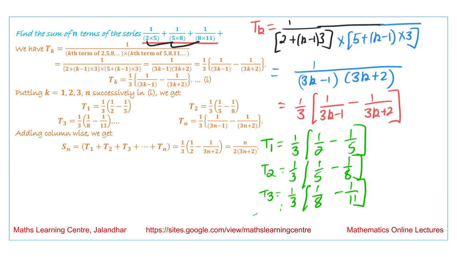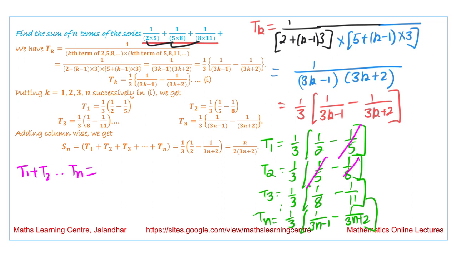And the value of tn is 1 by 3 into 1 by 3n minus 1 minus 1 by 3n plus 2. Now suppose we add all these values, t1 plus t2 and so on up to tn. What we obtain: 1 by 5 gets cancelled, 1 by 8 gets cancelled, likewise all these terms will get cancelled, and we are left with 1 by 3 into 1 by 2 minus 1 by